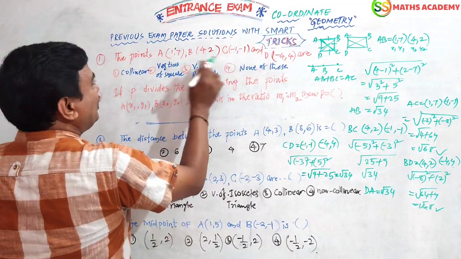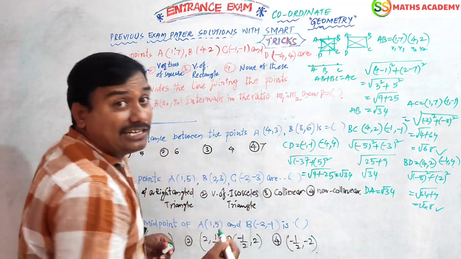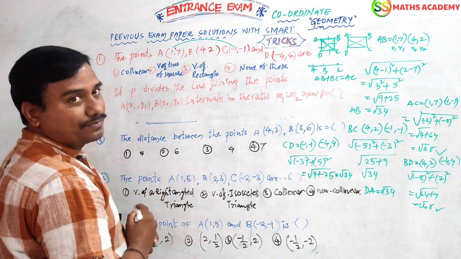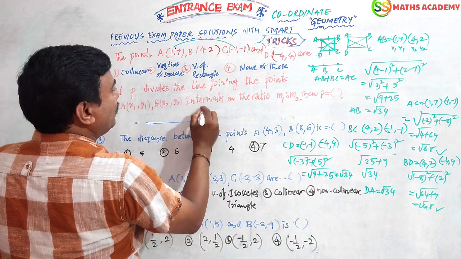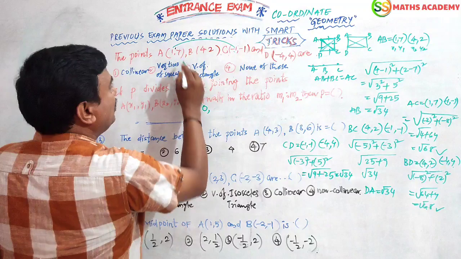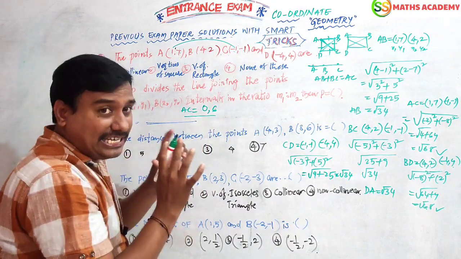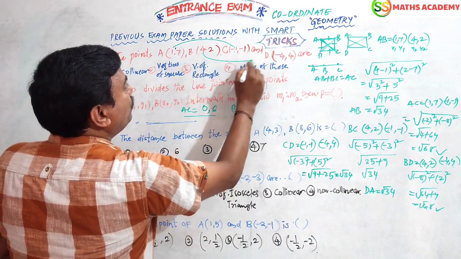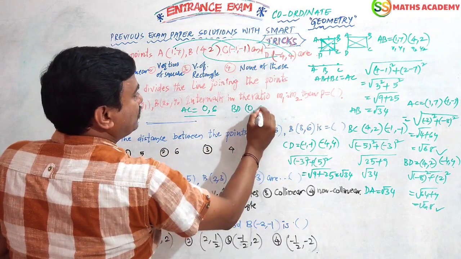Here, alternative AC diagonal, alternatives BD. Okay? Alternative, you have to see: +1, -1. 0, that means +1. Here alternative 1 - 1 is 0, 7 - 1 is 6. AC alternative, I'm checking some of that. Next BD alternatives: 4 - 4 is 0, 2 + 4 is 6.